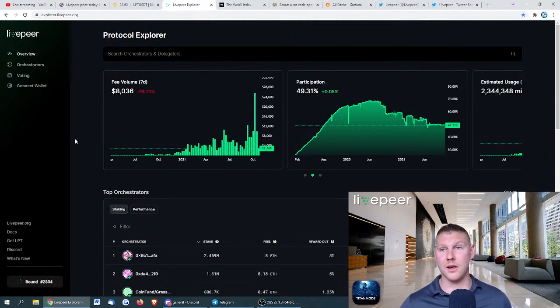In 2 years, I think Livepeer will be around. Fees will be much higher. People will be earning money. The price, though,